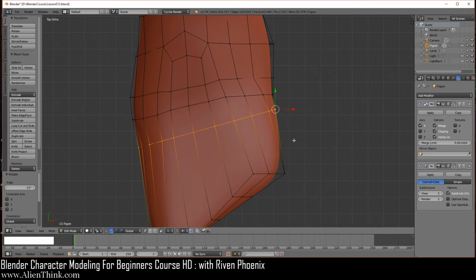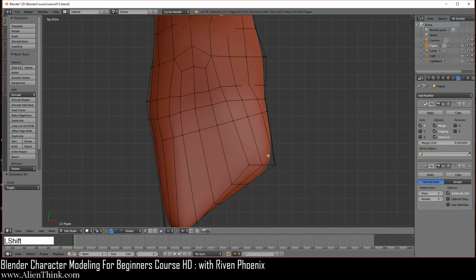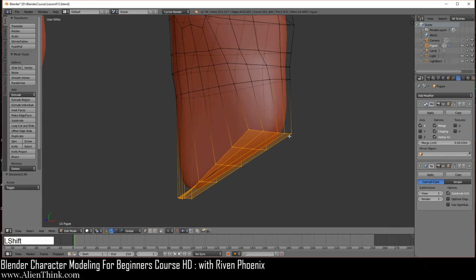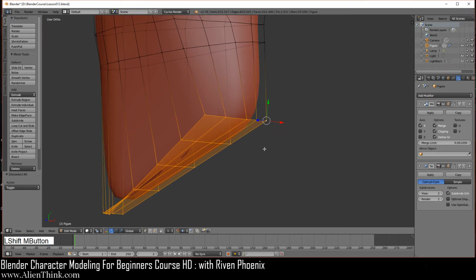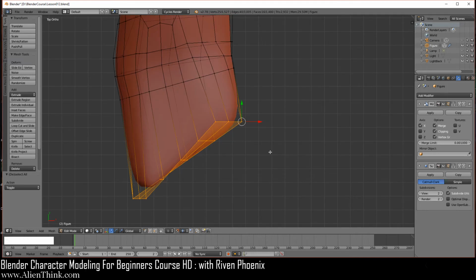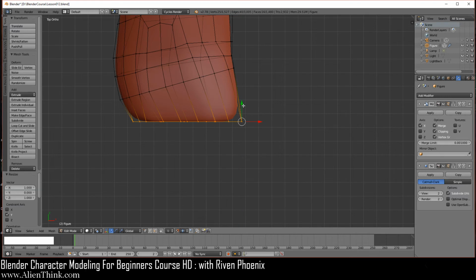Okay, now we can do A to deselect everything over here. So let's go ahead and do the same thing over here. We can just click on this rather than going in wireframe and press the Control key down and go ahead and just lasso select everything, middle mouse button, and then make this the active element. Okay, now actually, let me scale this first. Now I'm going to do S and then Y, and let's do 0 over here. Left click to confirm. Now we already know that we can use the active element to rotate.